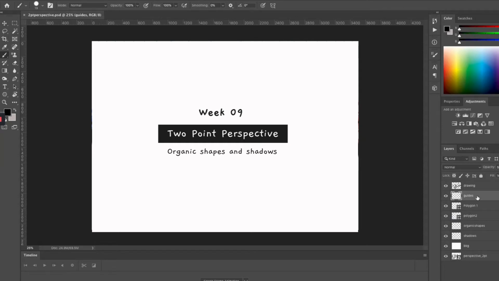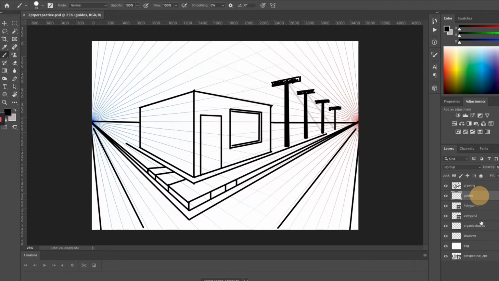Okay, let's think about some shadows and some organic shapes in here. Let's do a circular window in here. Anything that's organic that you need a little bit of help with, just like I showed you in other tutorials about clouds and stuff like that, actually contain it within something that you know. So with the rules that you've set up here, you know that you can do just lines up